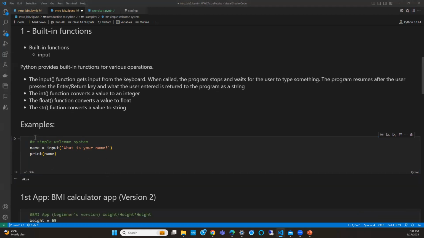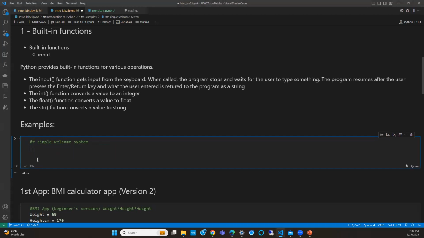So that's what happens. So we'll start with our first example. So our first example here, and we've already had some example, but I'm still calling it first example because that's the first planned example that we had. So that's what we'll be going over as a simple welcome system, right? And this is going to be welcome to Women Who Code Python Labs. Right? So we're just going to write a simple program that would welcome you, ask of your name, and then just welcome you. Okay, so it's just similar to what I wrote previously.